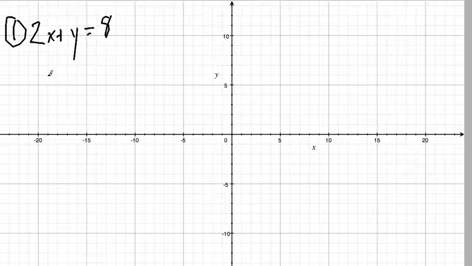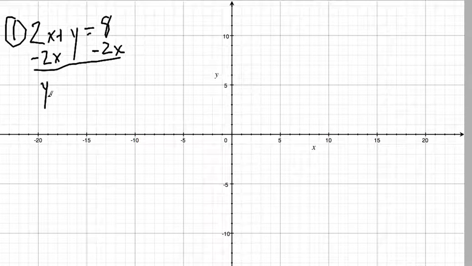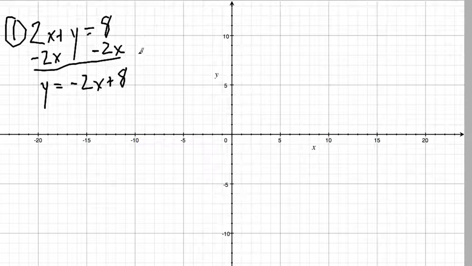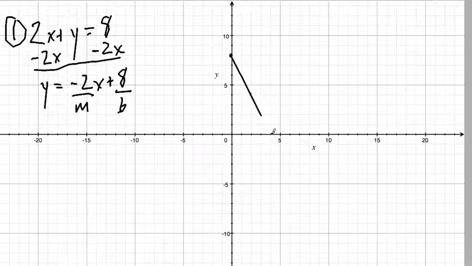This is easy enough to graph using the slope-intercept form, because this is just y is equal to negative 2x plus 8, if I subtract 2x from both sides. So this is going to be a line with slope negative 2 and y-intercept 8. Let's plot it that way. It has y-intercept 8 right here, and since it has slope negative 2, I go down 2 and over 1, down 2 and over 1, down 2 and over 1, down 2 and over 1,